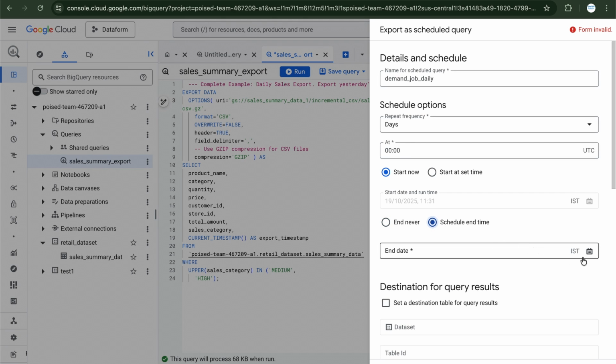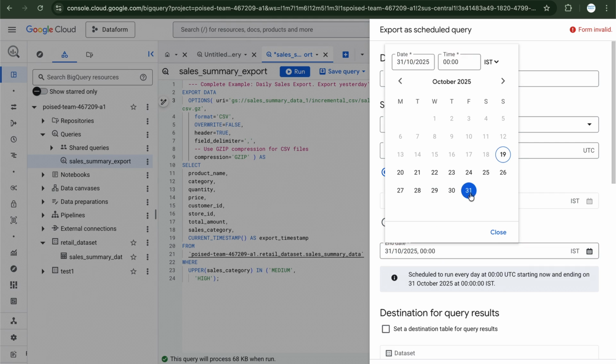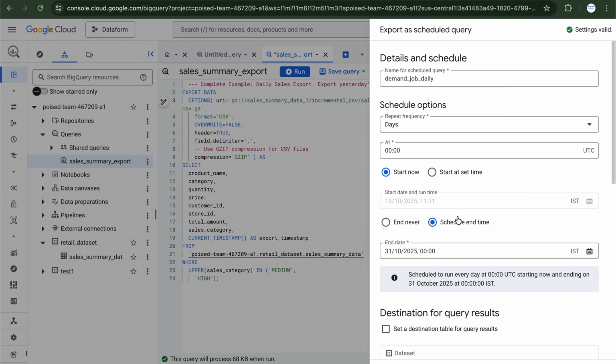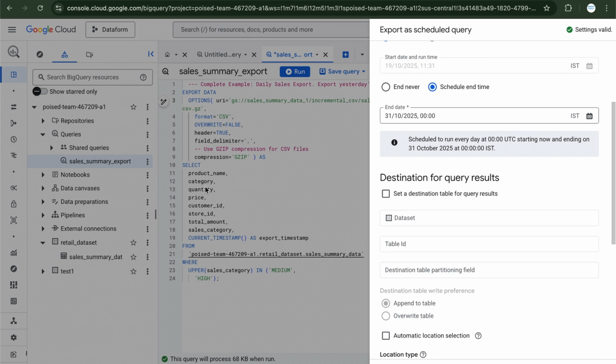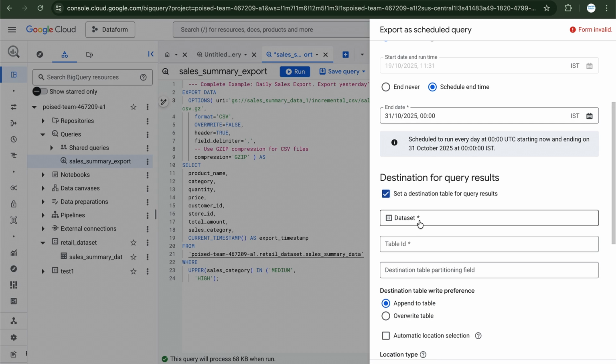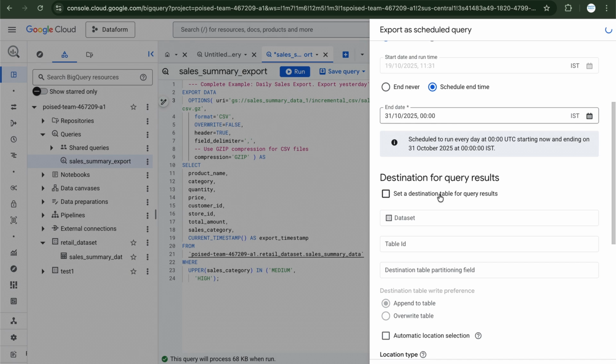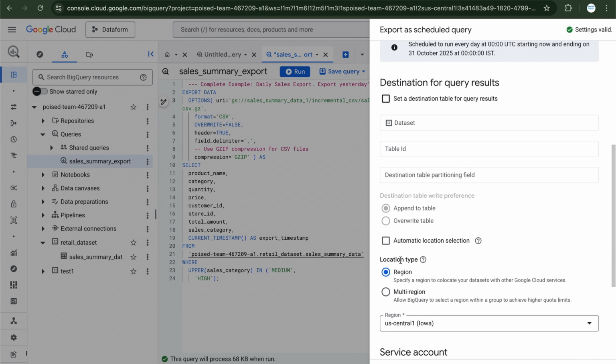So I'm going to end the schedule time on 31st of October of this month. So here you can see start now, it will start right away and it will end at this 31st 10 2025. This is basically IST time. And destination for query result. So basically whatever our query fetches, if you want to write that result also, you can write it by selecting this option. You have to just give the dataset ID and table ID, but I don't want to do that. I'll just uncheck this and I'll directly come here and the location type, let it be region US Central one,